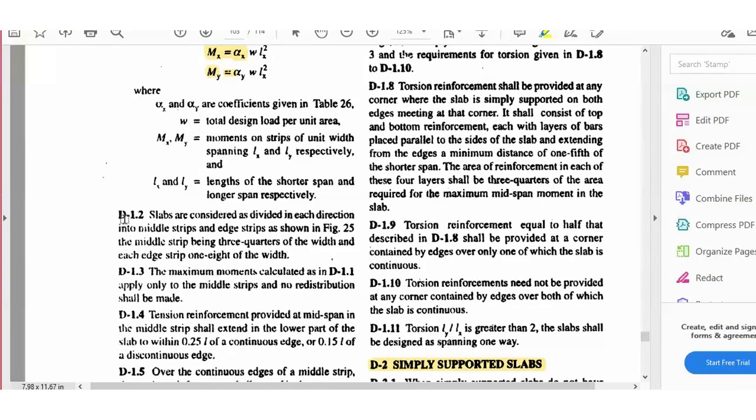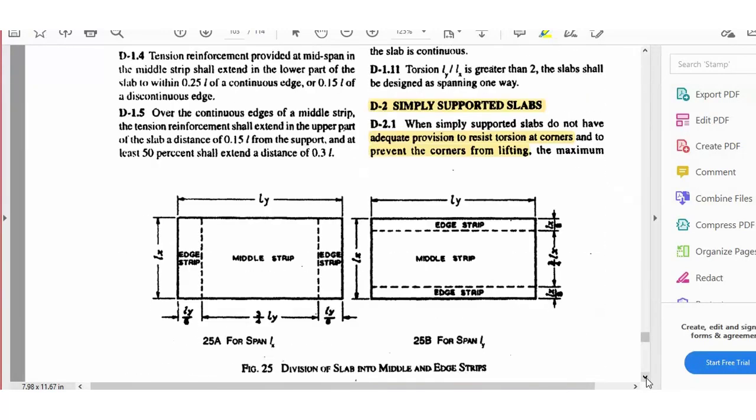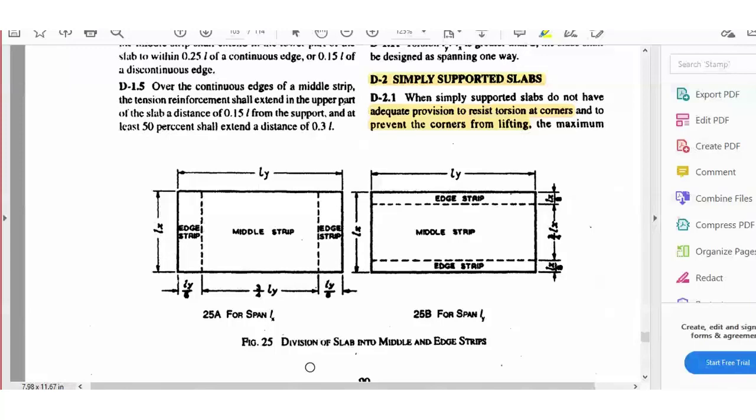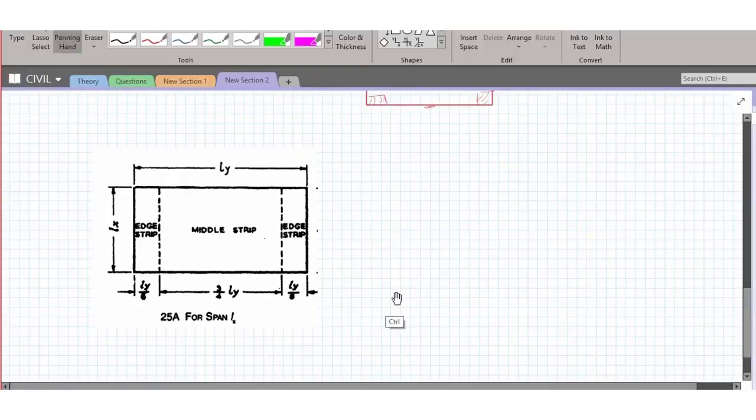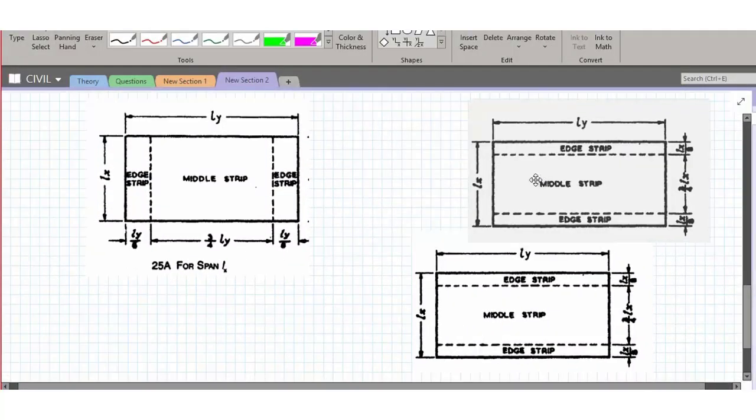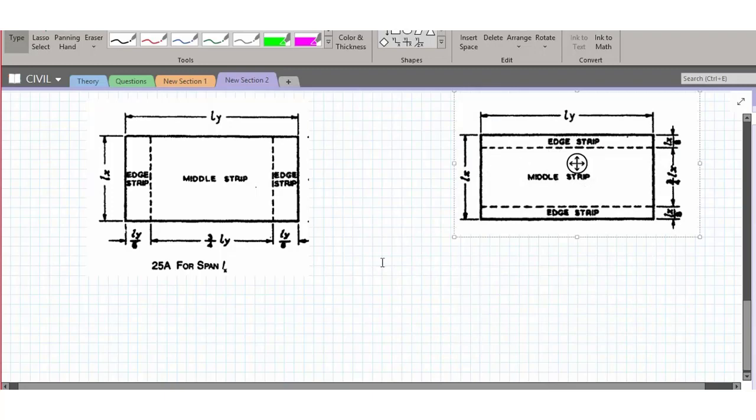So first thing, let us see D1.2 when it is talking about dividing the slab into strips. Now to understand this, let me take this screenshot. It has asked to refer this one. We'll try to understand these two sketches. So right now, do not consider this one. Let us see this one.